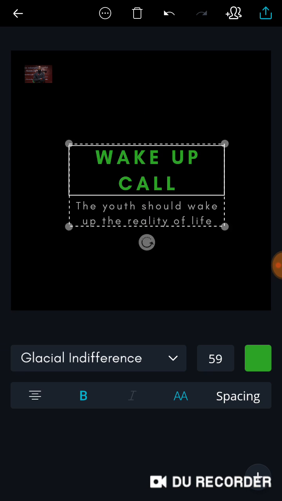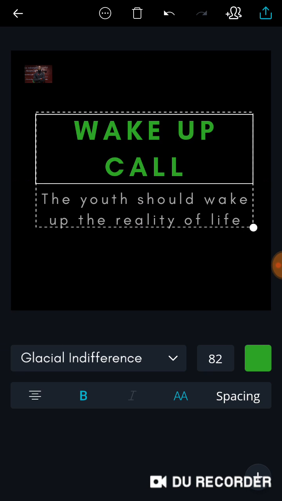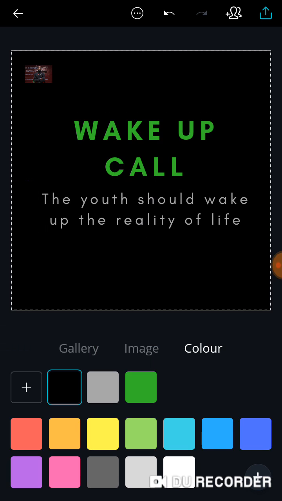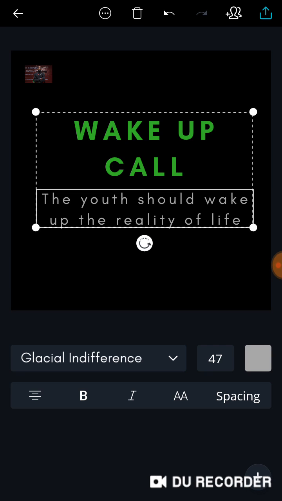Now this is what I want to do. I have to expand it. Now this is just a simple design. You did the quote, you choose your style, and now you have done this. All right, so when you tap on this text, you can see that you can change the font style, the size, and also the color, and you can change the spacing. You can also italicize, make it bold, and change